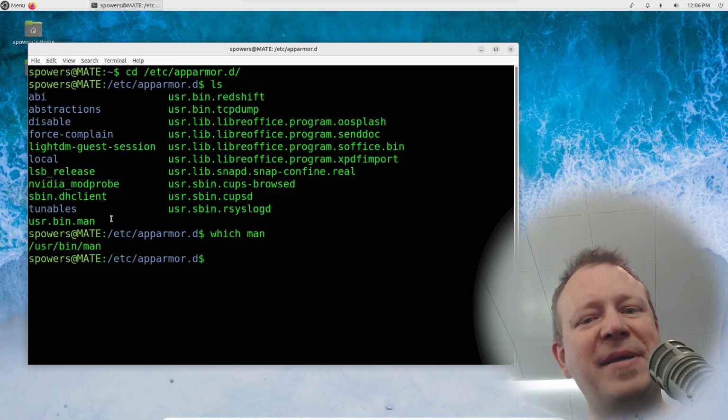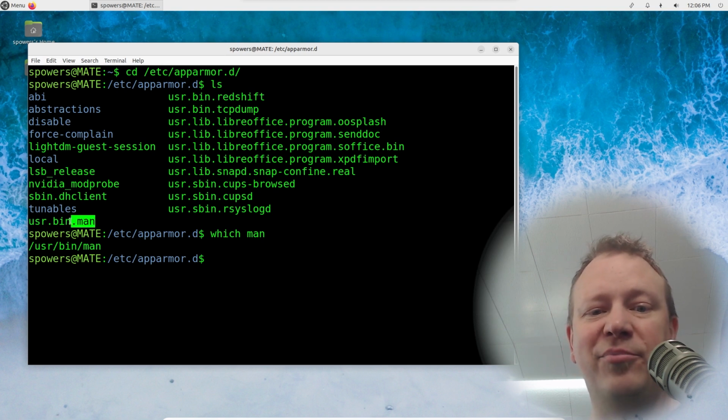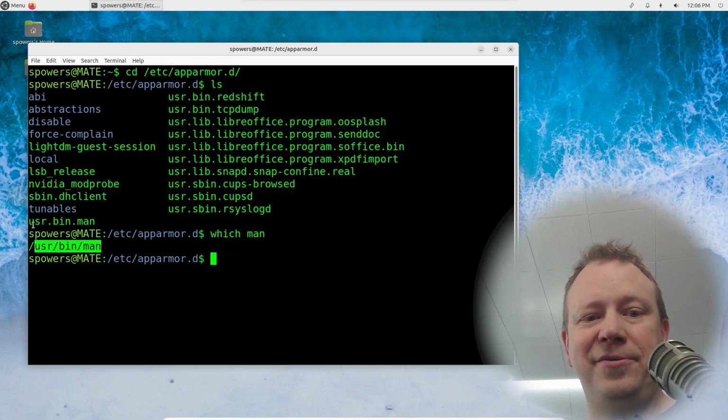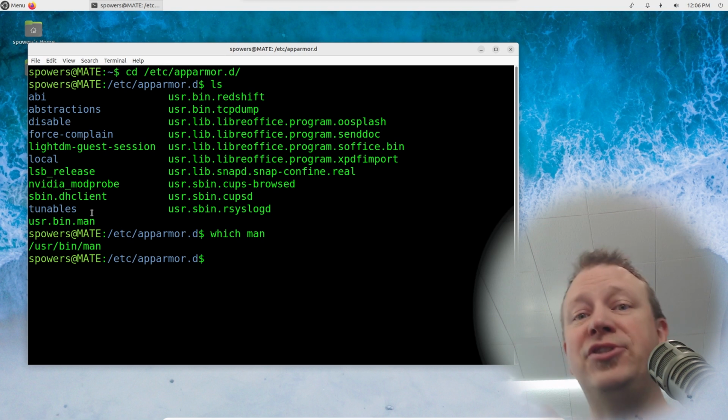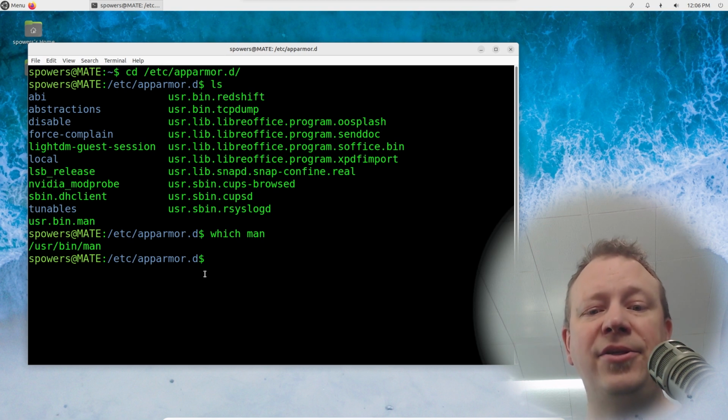The way we specify that this is a profile to apply to this executable is that you start at the root, so you don't put a dot at the beginning, but you use dot instead of slash: usr dot bin dot, and then the executable name. That ties this profile to that binary on your system.